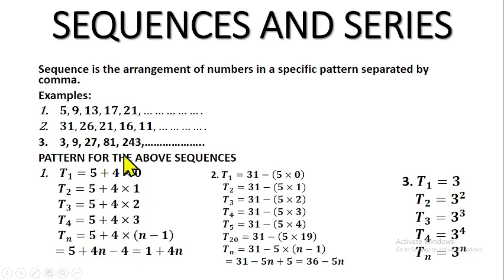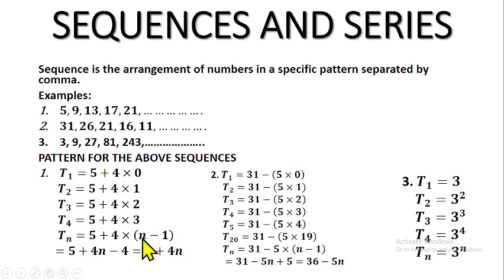If you are looking for the sixth term, that means you have 5 plus 4 times 6 minus 1. 6 is the term we are looking for, and 6 minus 1 gives us 5. 5 times 4 is 20. 20 plus 5 gives us 25. And so on and so forth like that. Then how do we get the pattern by which this sequence is derived? If you open this bracket, 4 times n gives us 4n. Then 4 times 1 gives us minus 4. Then we have 5 plus 4n minus 4. Then you can collect like terms. 5 minus 4 gives us 1, plus 4n.